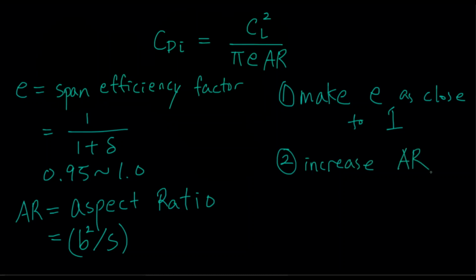So let's talk about these two methods. Which one is better and why? Okie dokie, so let's talk about the first option, which is to make E, the span efficiency factor, as close to 1. Is that a really good method? I don't think so, because as we talked about it, the worst it can probably go is